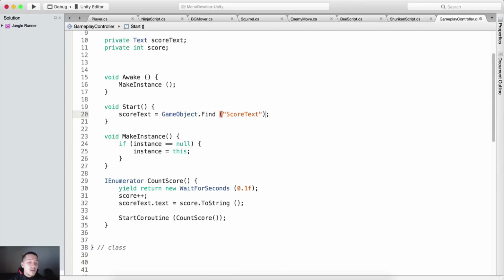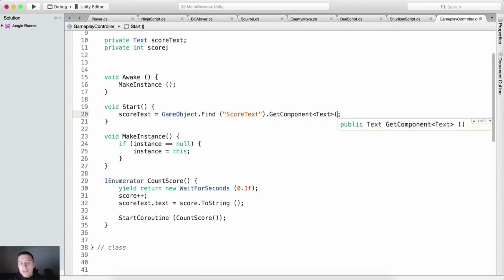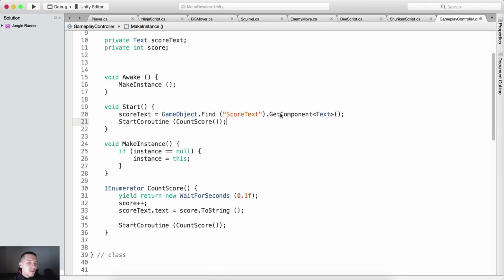So find the game object with the name score text and get the component text from it. And voila, simple as that. And afterwards, simply start the coroutine to count our score. So this is the coroutine that will start counting our score. And when we run our game, the coroutine will start to count the score, which we can test right